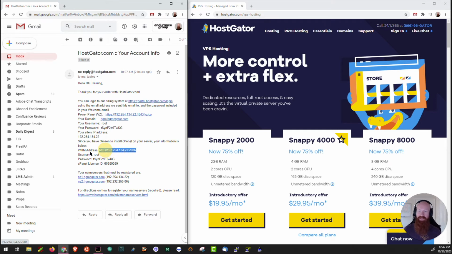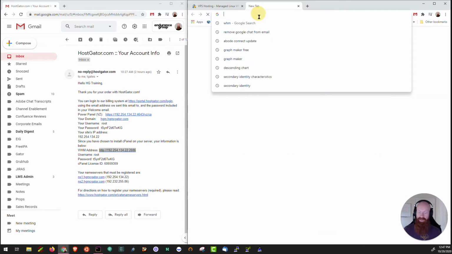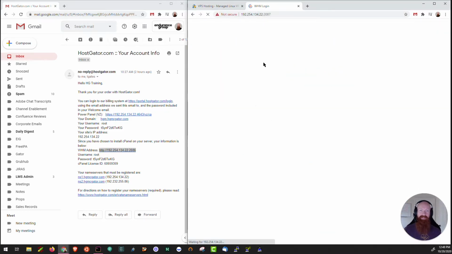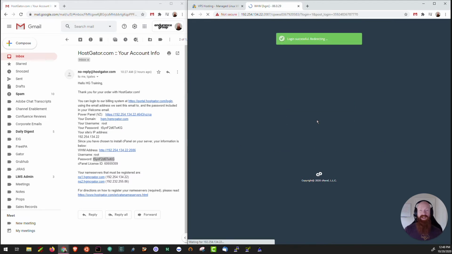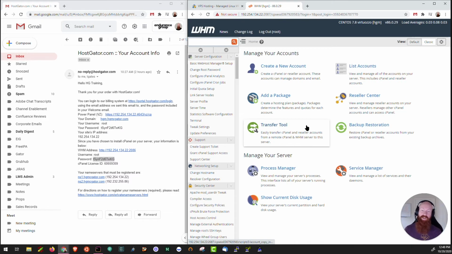I'm going to take this URL for the WHM address and put that in a new browser tab here. If you do see an advanced warning notice that the site is not secure, that's completely okay. That's just because there's not an SSL installed on that IP address. If you do see that warning on Chrome browser, you can go ahead and click Advanced and Proceed to, and that's completely okay. What we'll do is we'll take the username over here, which is root. Make sure that that's copied into the username section. Then what we'll do is take the password over here, and we'll paste that inside as well. It's always a good idea to keep your password updated and also as secure as possible.